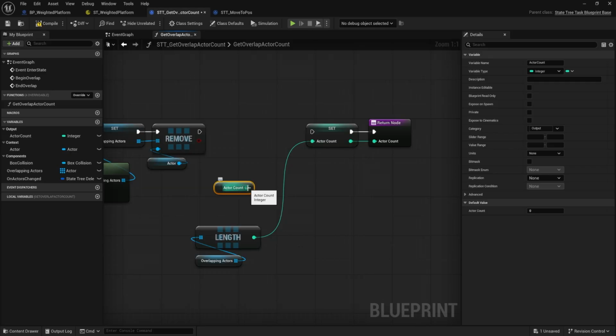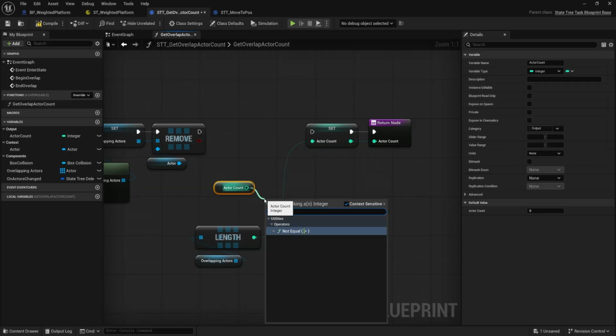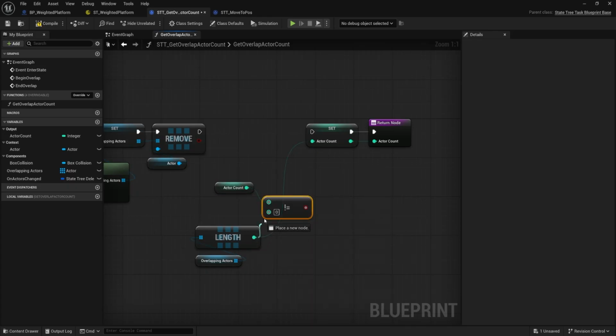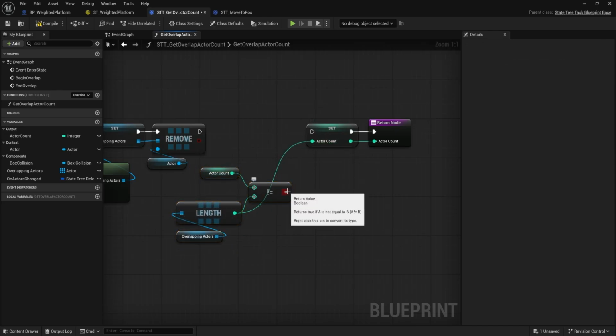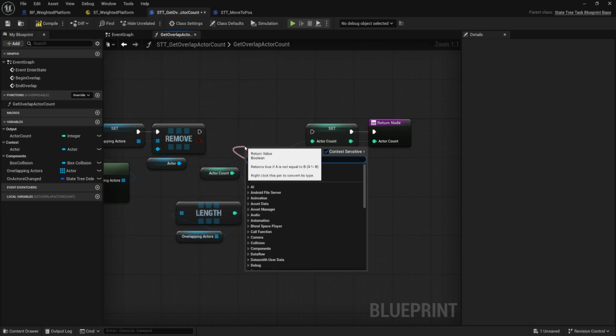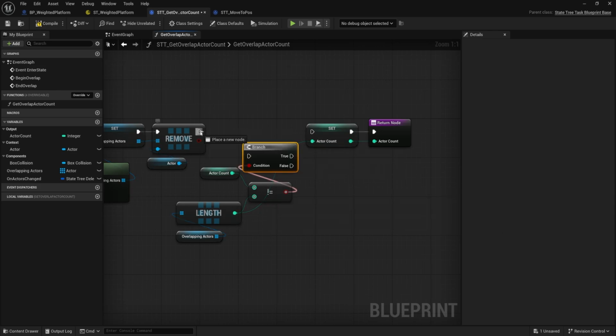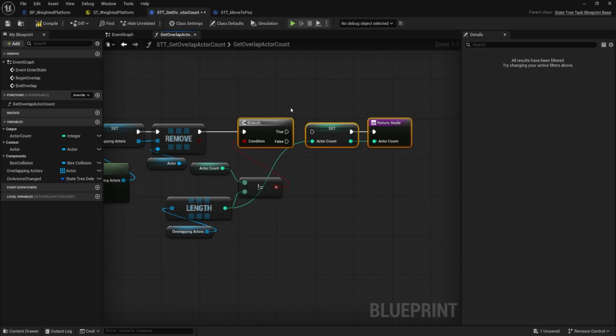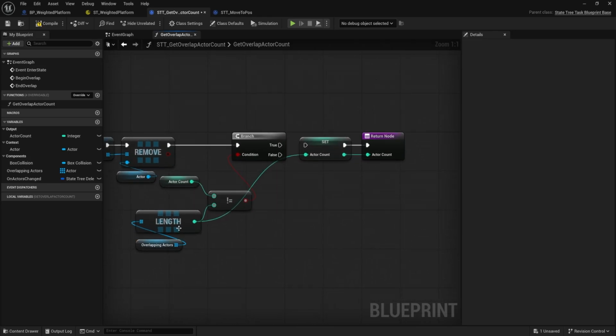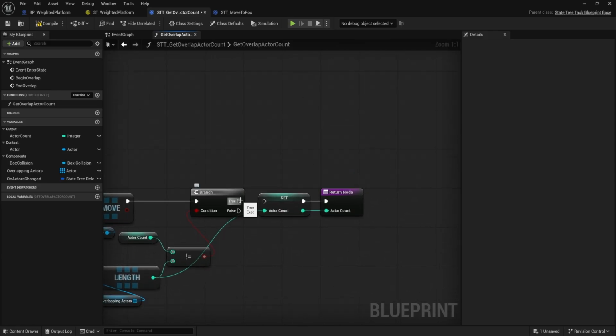We can say, is the last time we set the actor count not equal? So exclamation equal. If it's not equal to our length, then our actor count has changed, right? Because we have not set the new amount yet. So if it's changed, let's do a branch. So we'll do our branch, hook it in, pull this up a little bit. Let's move this around, make it a little nicer. Pull these out. Okay, so if our actor count and our length are not equal, and that's true, then our